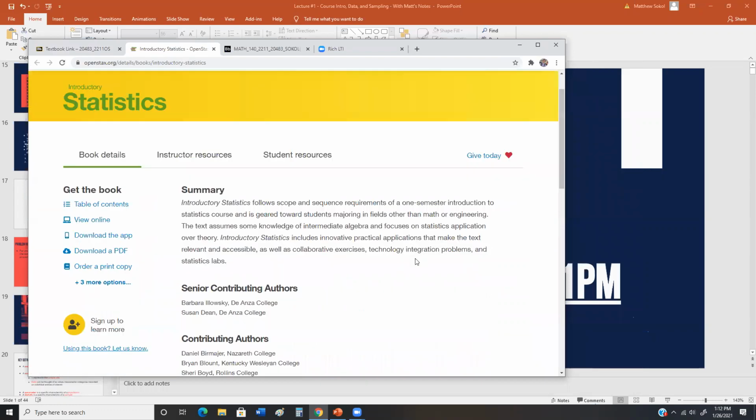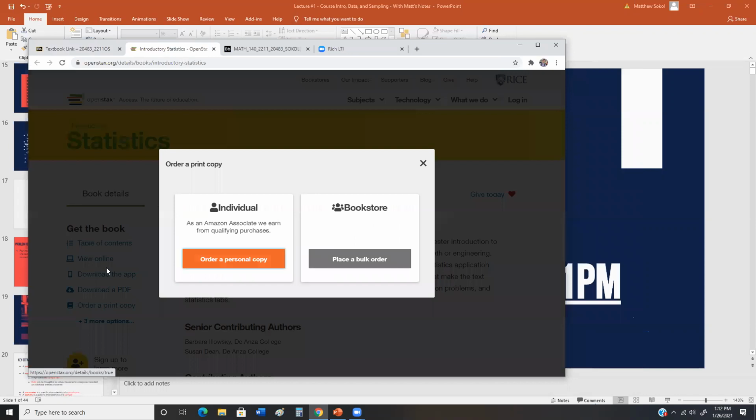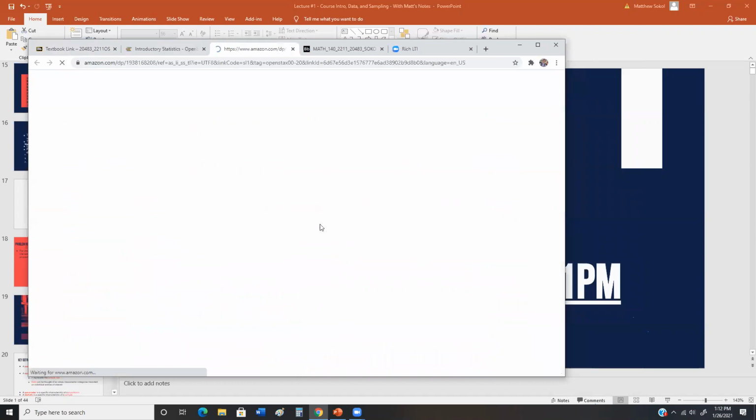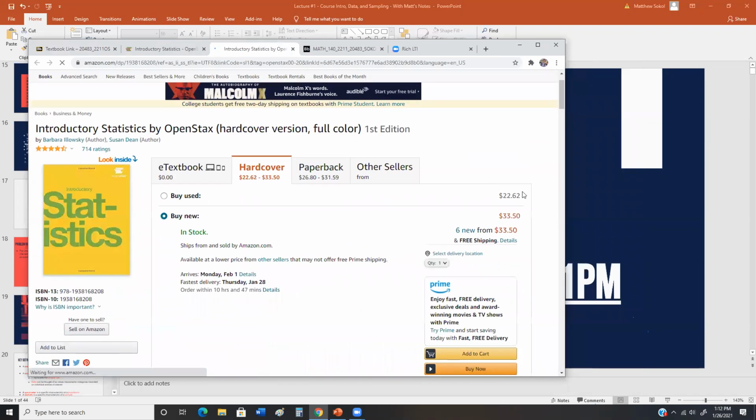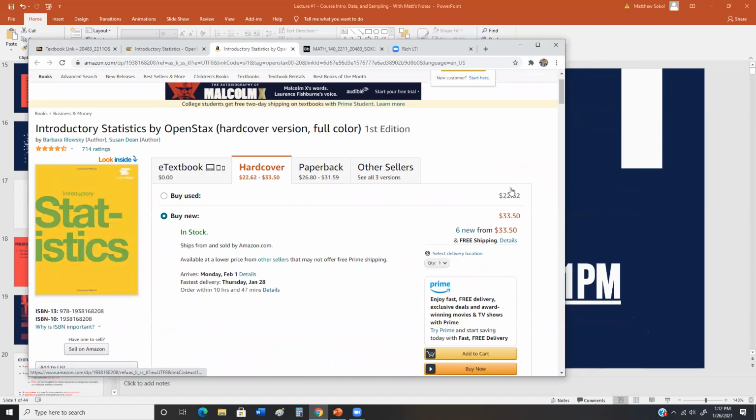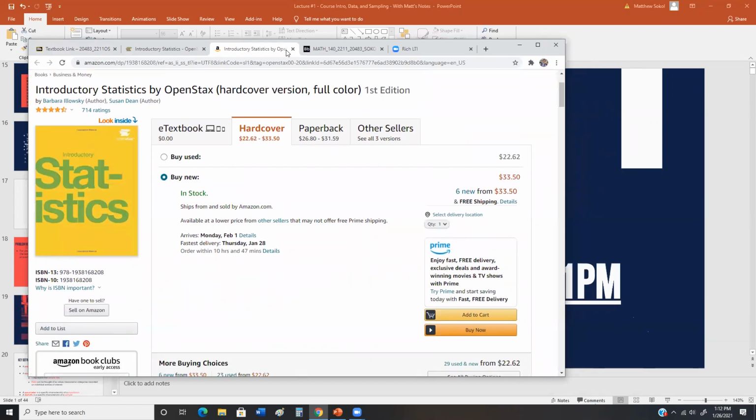If you don't like online textbooks, you can order a print copy. I think it's like $30 on Amazon, and you can even buy it used for $22. It's okay. You bought the hard copy? That's great. Did it come really quickly, Beatrice? You can buy the hard copy, that's perfectly fine. It's pretty cheap, that's just the cost of printing it for you, basically.